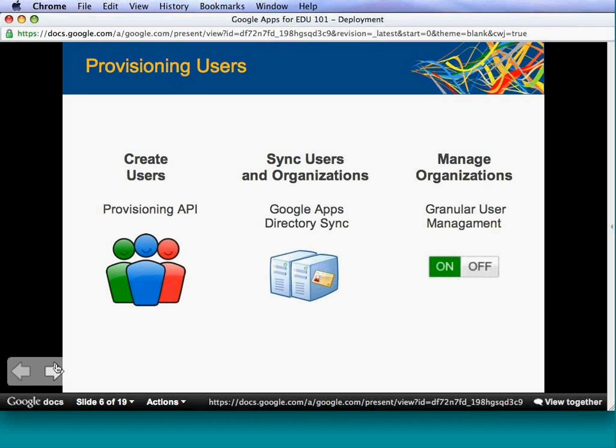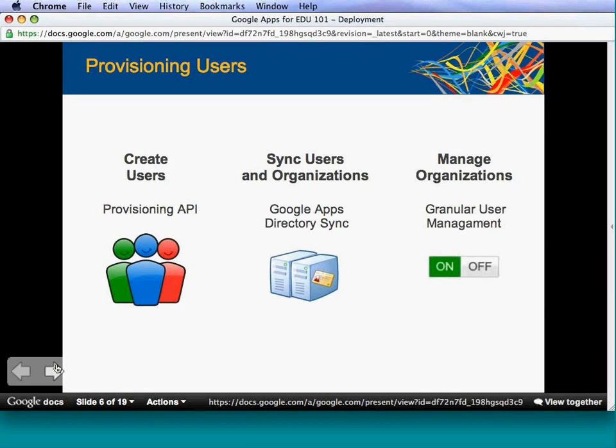So basically what it does is it will compare what's in your LDAP to what's in Google Apps and generate a change report. So if a user appears in your LDAP but doesn't appear in Google Apps, it will create that user in Google Apps. If a user doesn't appear in your LDAP but it does appear in Google Apps, it's going to delete that user or suspend that user. Just as a quick side note, I typically do recommend that schools choose to suspend users instead of deleting users, just because it's a lot easier from the perspective of the school to unsuspend users if they're accidentally suspended than